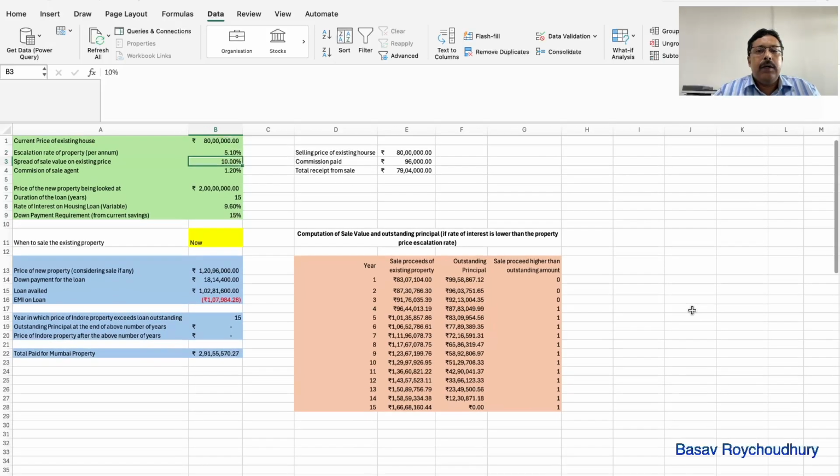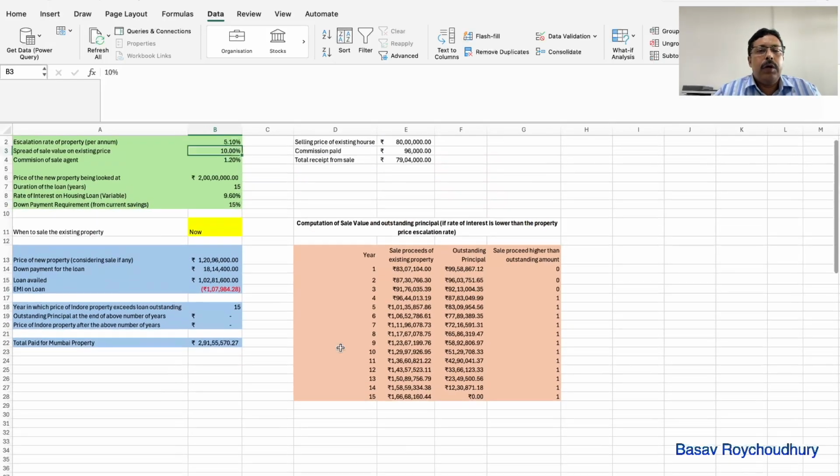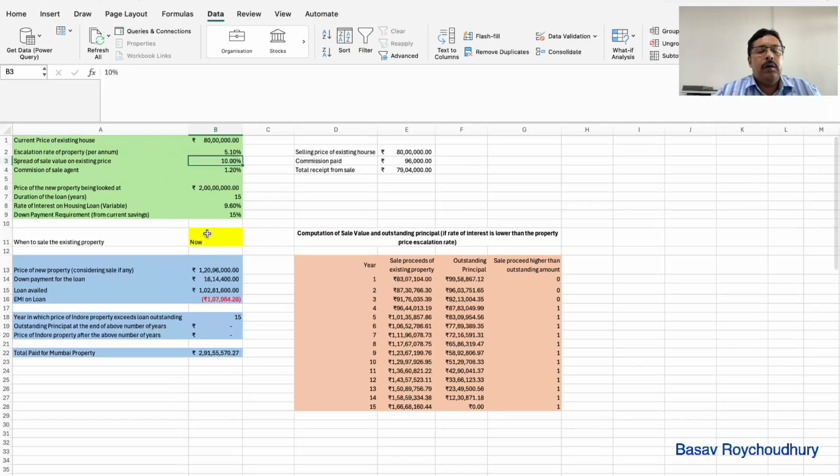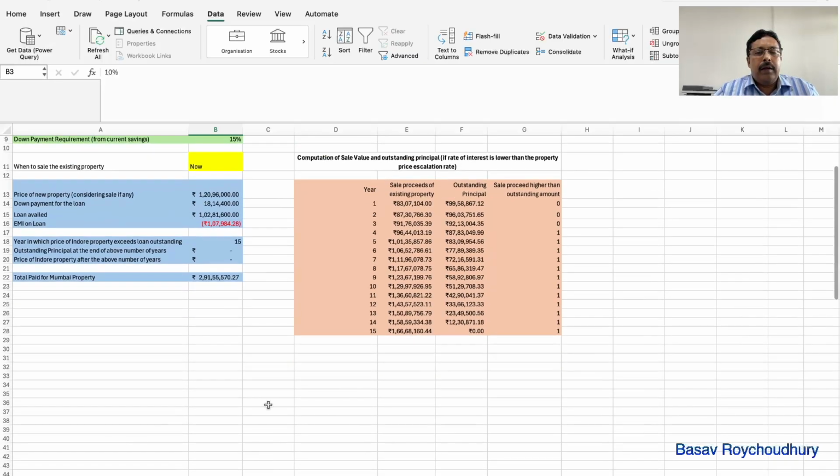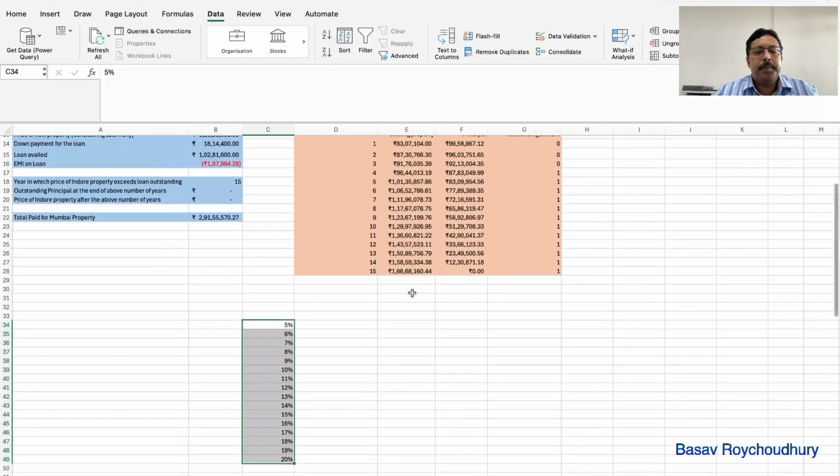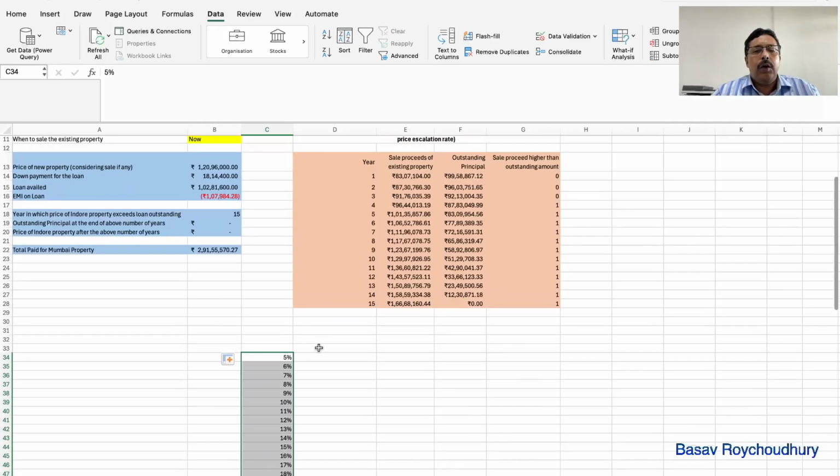So let's say what we are looking at is how some of my outputs get affected by the changes in the rate of property escalation. So the rate of property escalation, let's put it at, let's say 5%, 6%, and let's take a few other values. So I'm using the first column in this case. So let's go up to 20%. Okay. And what we want to see is my